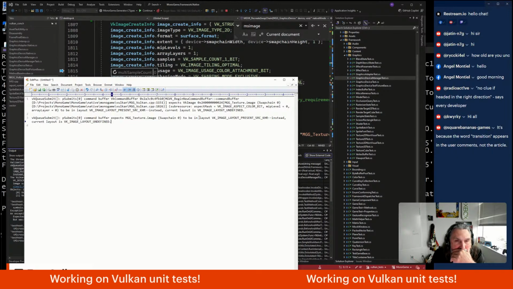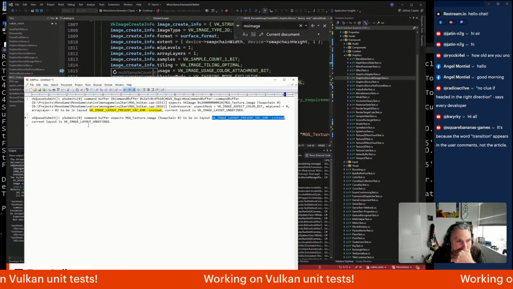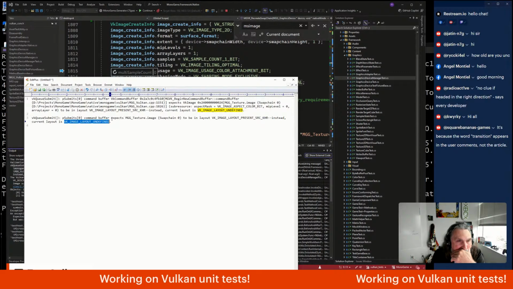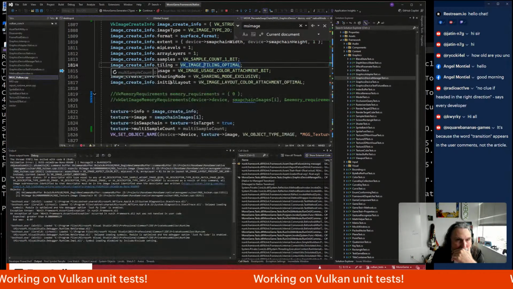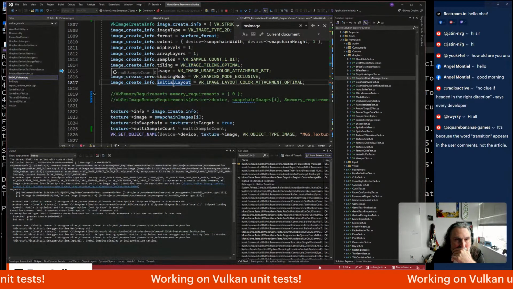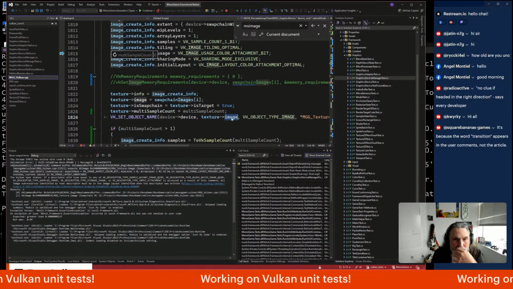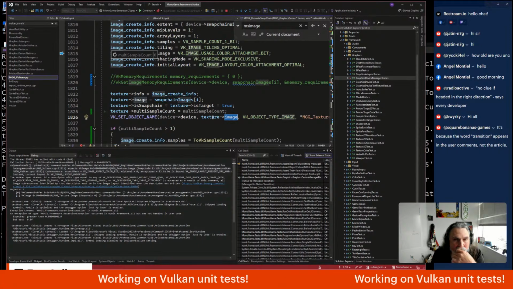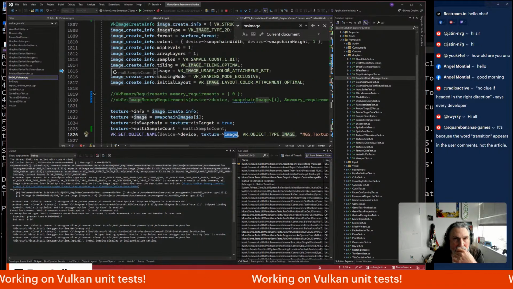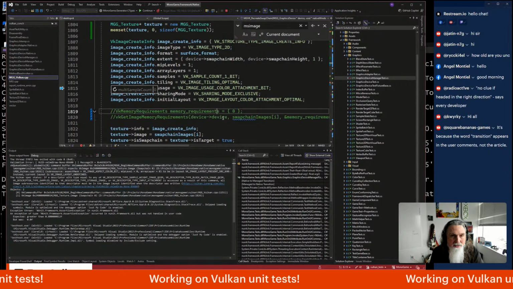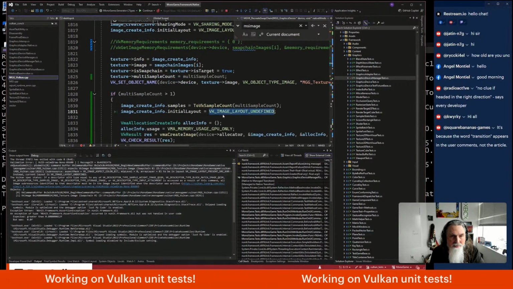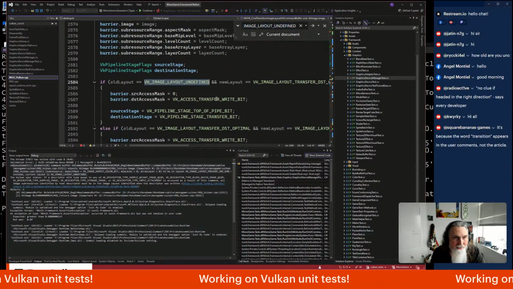Command versus empty texture image to be in layout image percent KHR instead. Current layout is image defined. So it's saying that this is in undefined state, but this wasn't created in an undefined state. It was created there. Where is it setting it to undefined? Is it setting it to undefined somewhere else? It's not talking about that. It's talking about